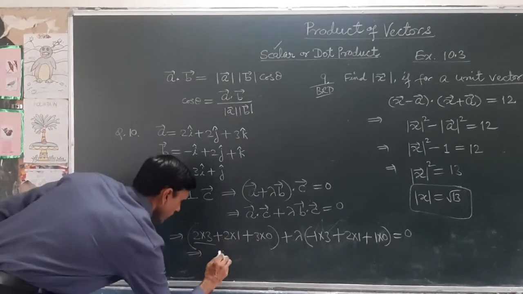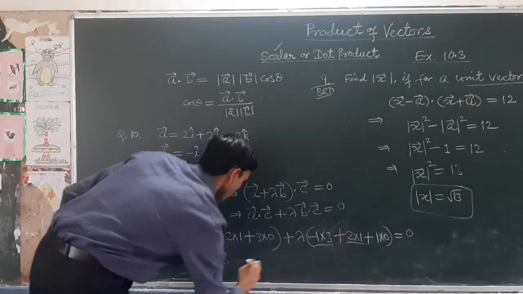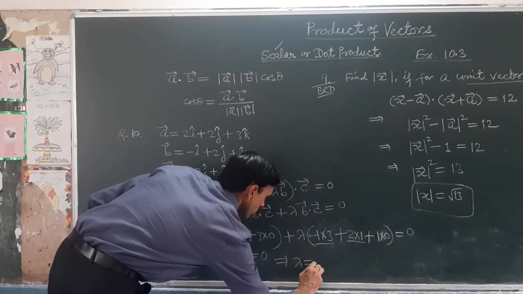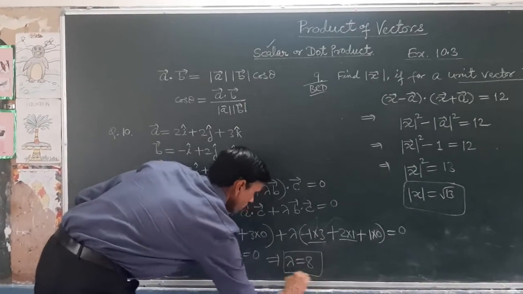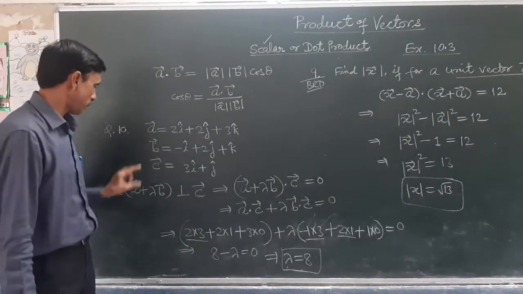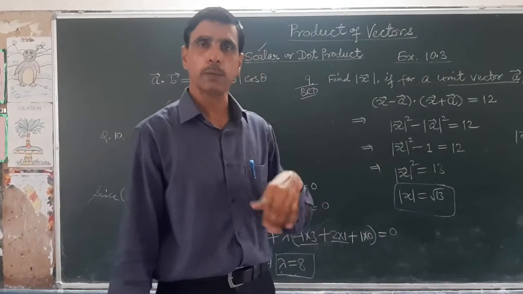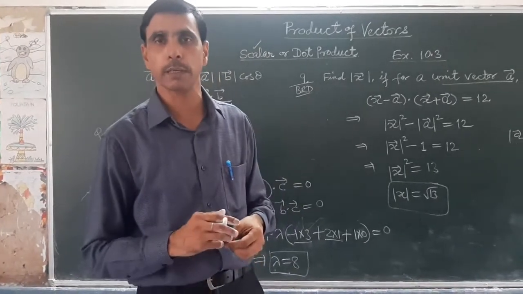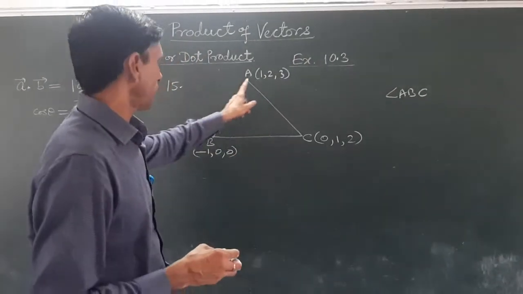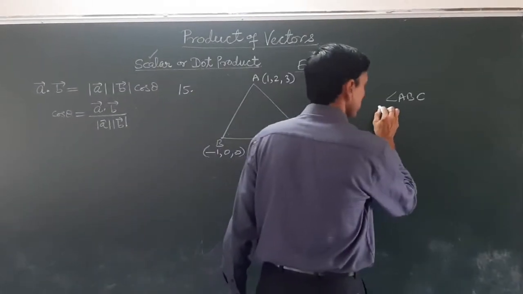दिस गिव्स 6 plus 2, 8, what is this, minus 3 plus 2, minus 1 lambda equal to 0, this implies lambda is equal to 8। This is the question, for what value of lambda a plus lambda b is perpendicular to c। एंगल नहीं निकालना है, एंगल इज गिवन, you have to apply the condition when the two vectors are perpendicular, their dot product is 0।